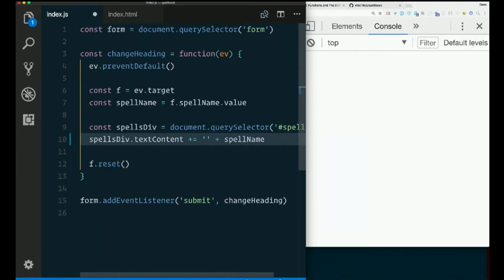How do we do that? Magic, right? Yes. This is a magic app. What can I do differently? Can you use innerHTML instead of text content? So what if I said spell divs